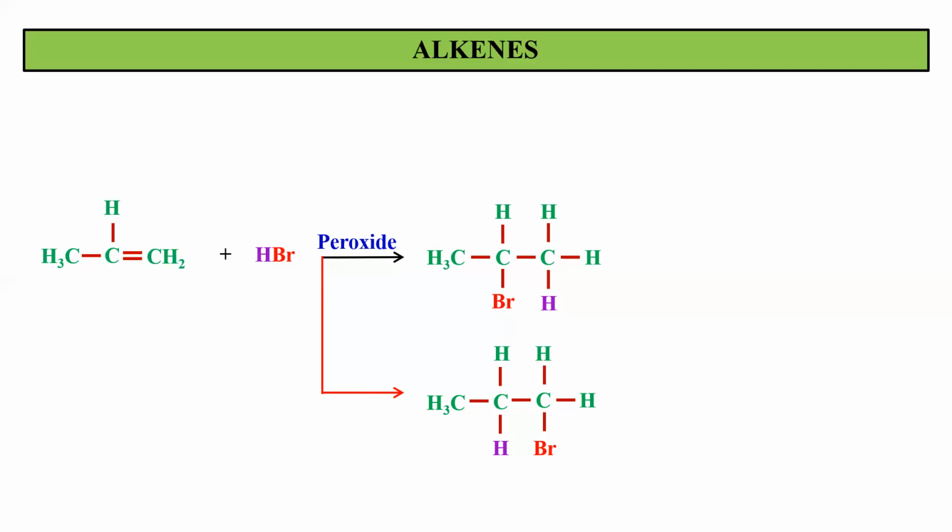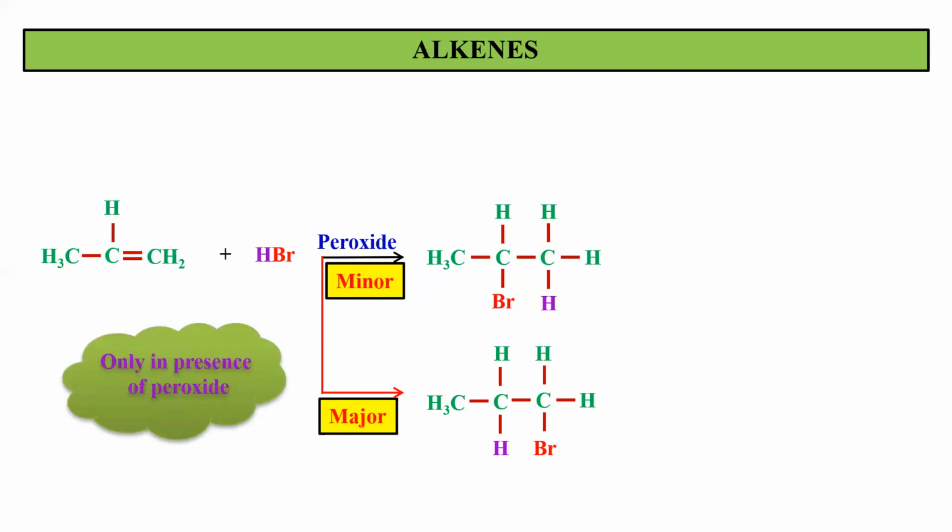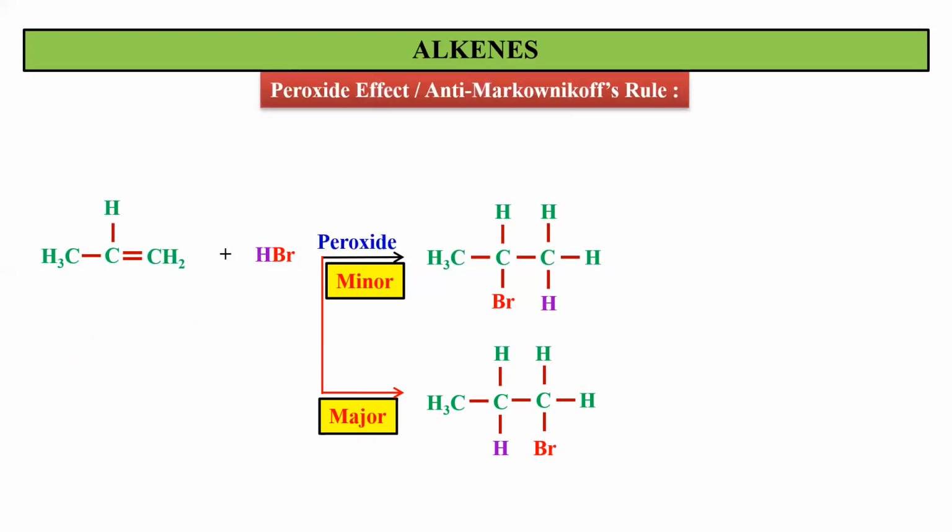अब ध्यान रखना कि this reaction what we have done is done in the presence of peroxide, और अगर ये reaction Markovnikov rule follow करता, तो 2-bromopropane was supposed to be the major product, but because you are doing the reaction in the presence of peroxide, it will follow a mechanism of anti-Markovnikov, and therefore 2-bromopropane will be the minor product, whereas 1-bromopropane would be the major product. Why is this so? Because we are doing the reaction in the presence of peroxide, and you are going to follow a rule which is called the peroxide rule or peroxide effect or anti-Markovnikov's rule.